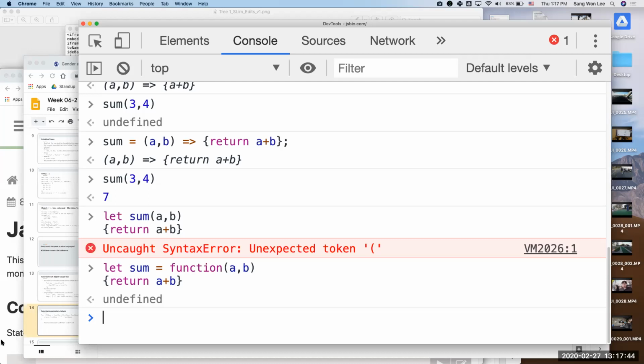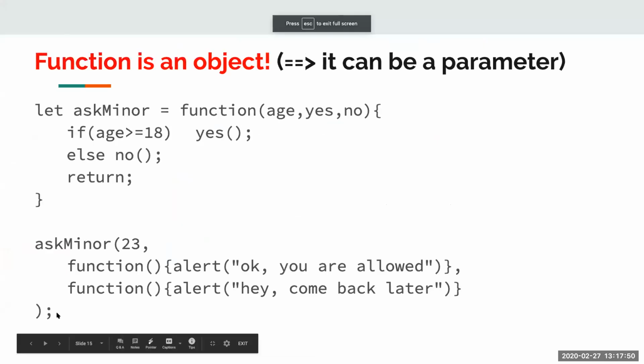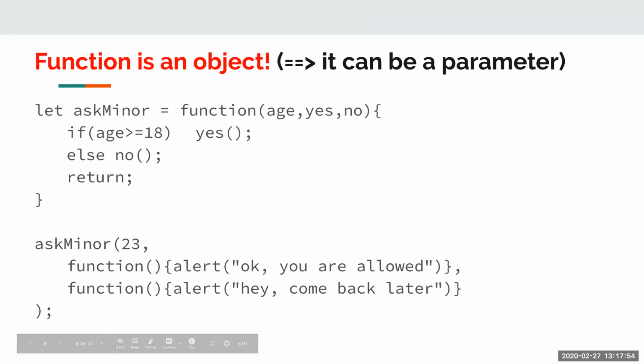Okay, so everyone did this example, hopefully. So a function is an object, so it could be anywhere. It could be in a parameter. It could be in a return value. So here is an example of a function call where